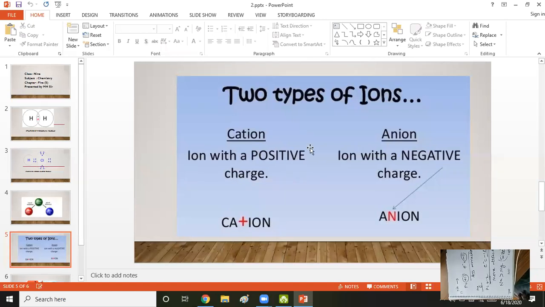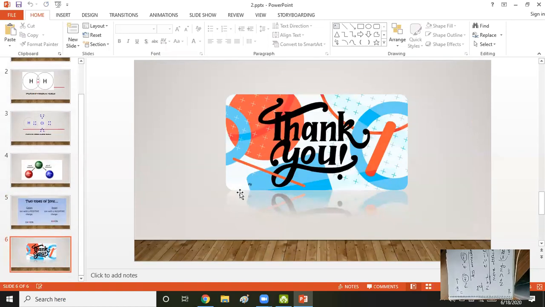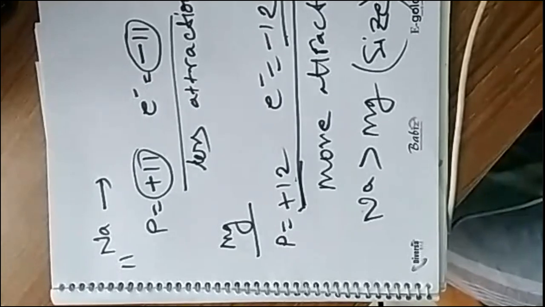Okay, then thank you. In my PowerPoint presentation, I am coming in front of you. Today I have explained some topics about cation, anion, and how elements can make a bond. I think the things are very easy. If you read the topic, then you will